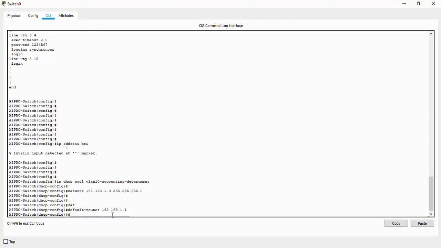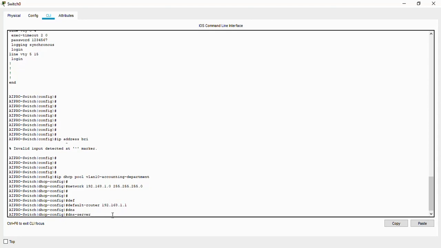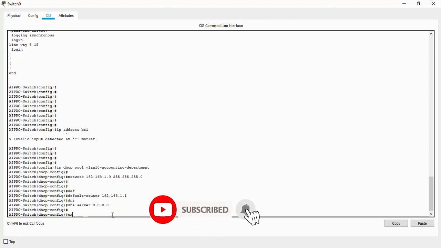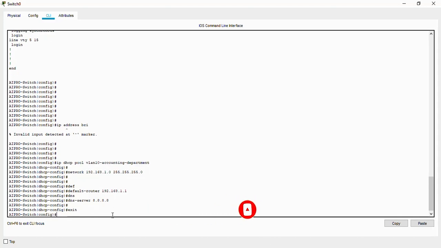So let's give the DNS server. DNS server will be 8.8.8.8, right. So let's exit. Let's do it again for VLAN 20. So we say IP DHCP pool for VLAN